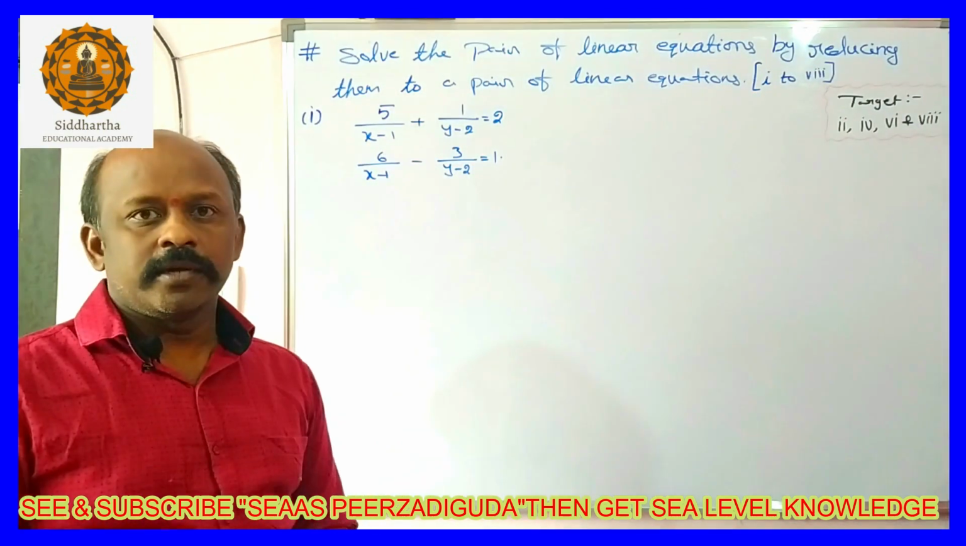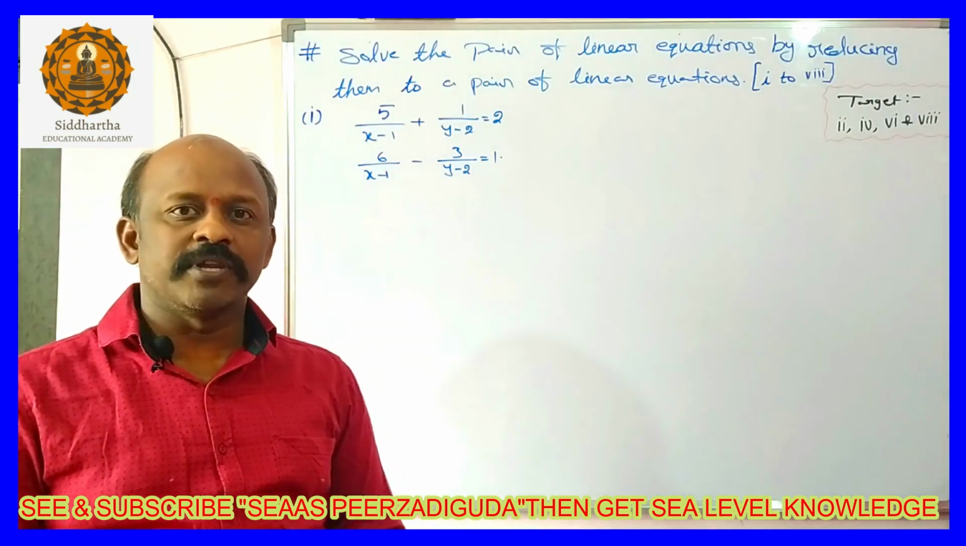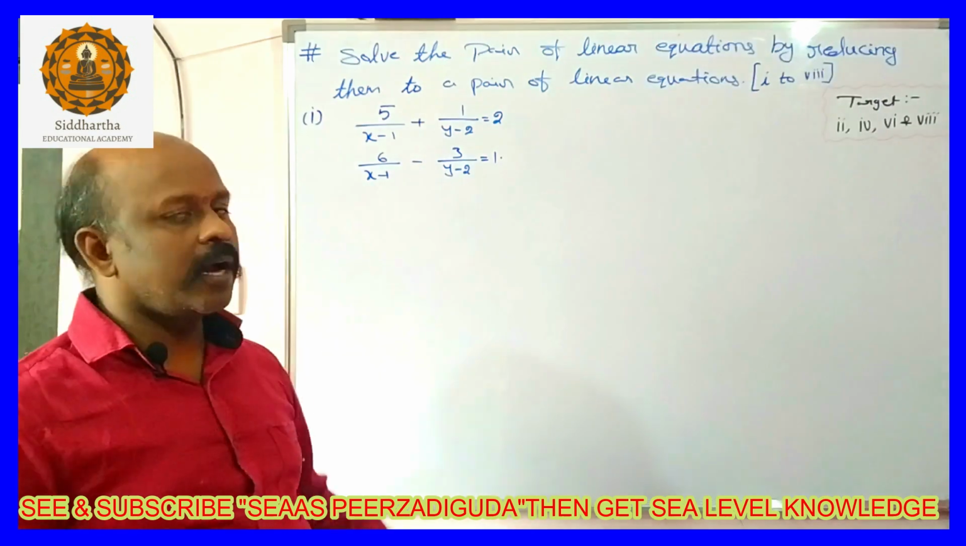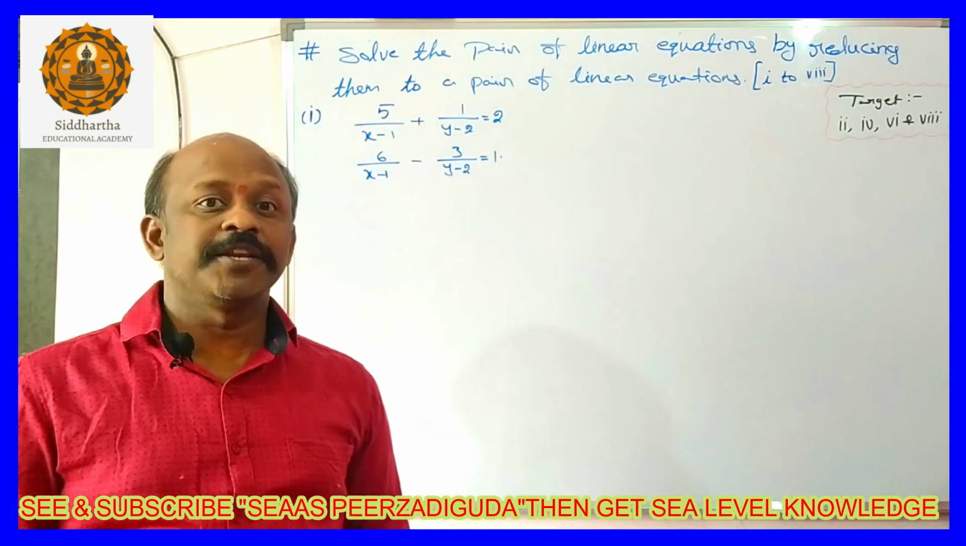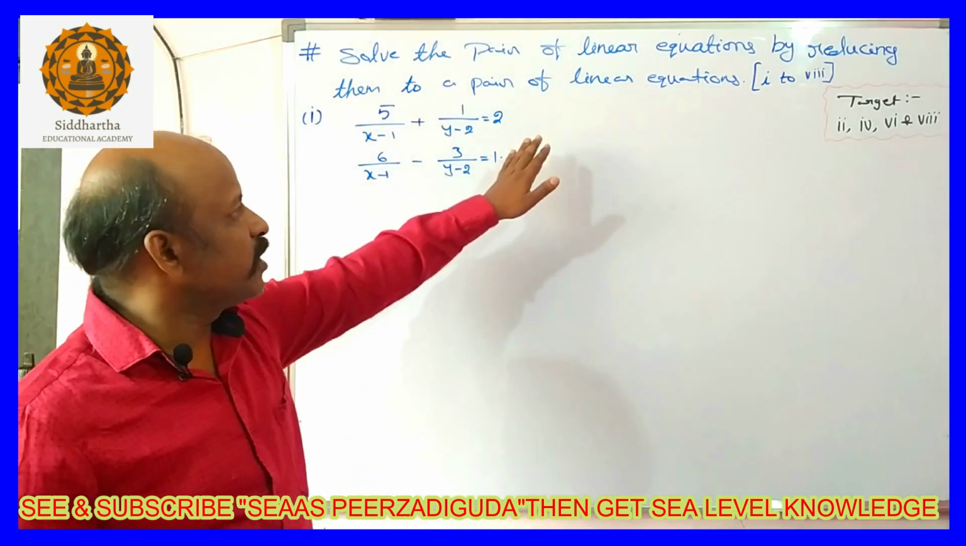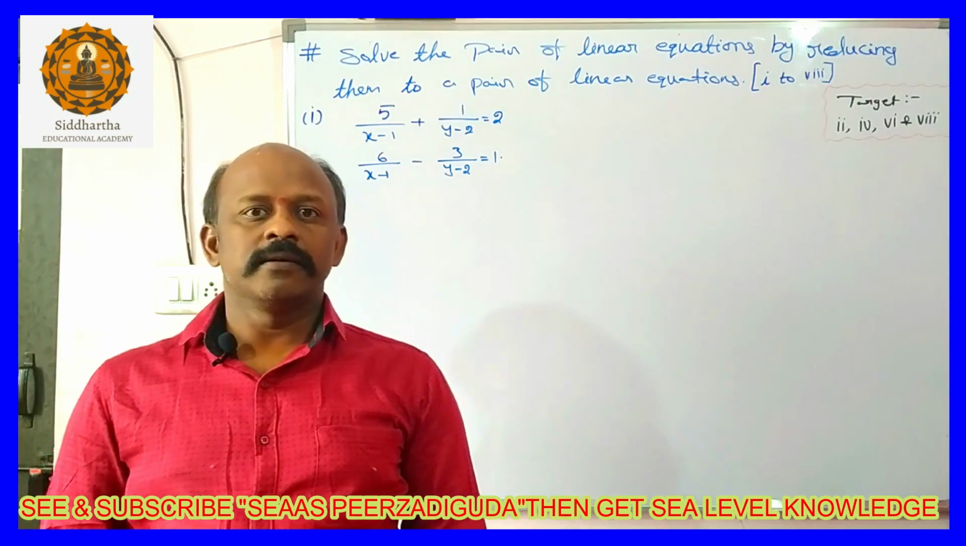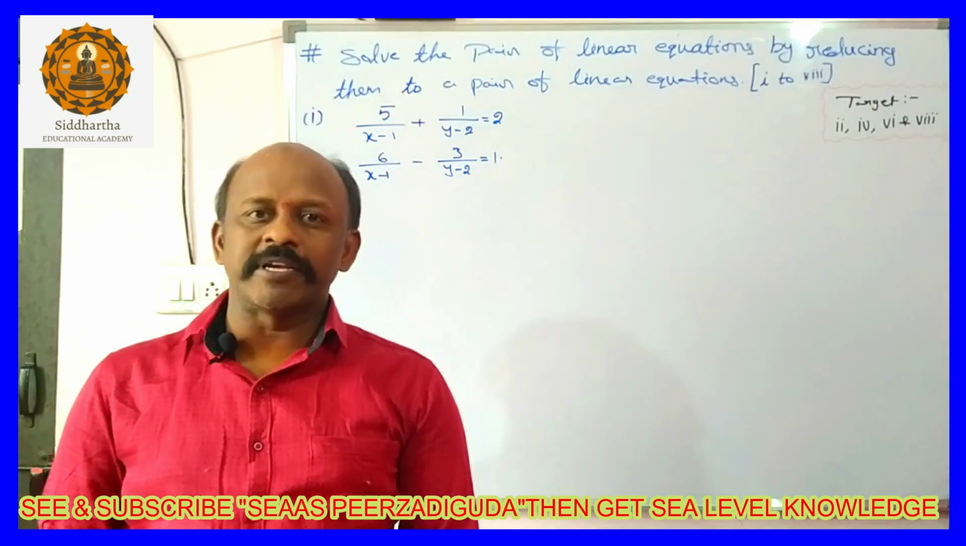Here, two pairs of linear equations are given in two variables. That we have to solve by reducing to linear equations. In this exercise there are 1 to 8 sums. Of these 8 sums I am going to explain